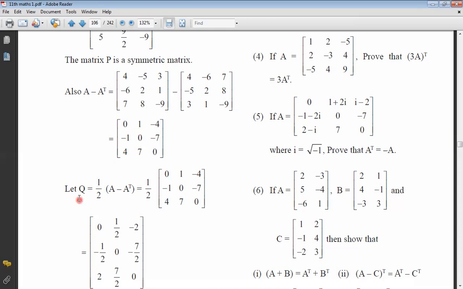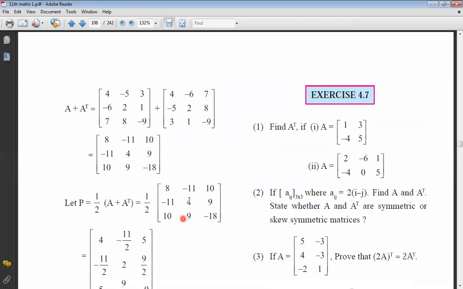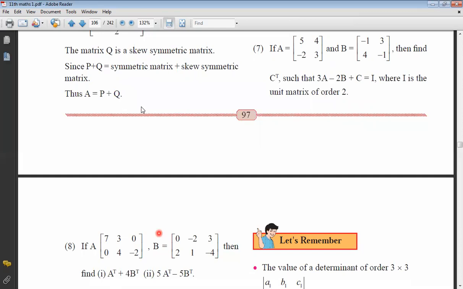And let's define Q as the matrix which is half of A minus A transpose. Half again you keep outside, because for 1, minus 1, or 7, if I divide by 2, I'll get fractional values. They have written them with fractions, but I prefer keeping it like this. And then the given matrix A will be P plus Q, half (A plus A dash) plus half (A minus A dash), where half (A plus A dash) was this, and half (A minus A dash) was this. And so we could express the square matrix A as a sum of P and Q. That is how we can solve this sum.